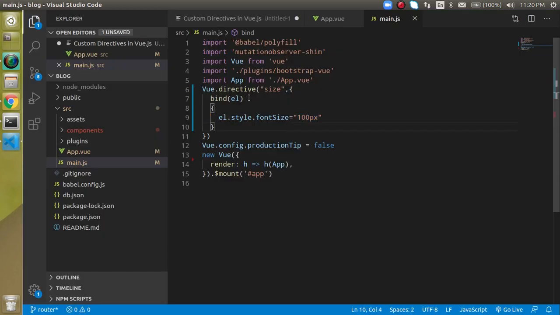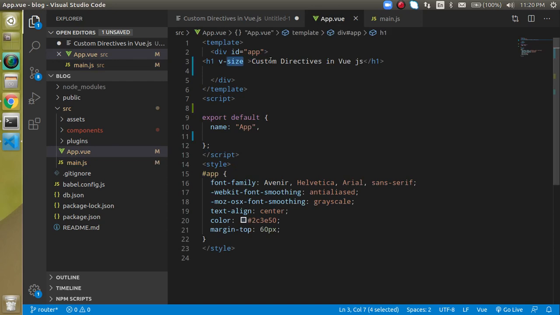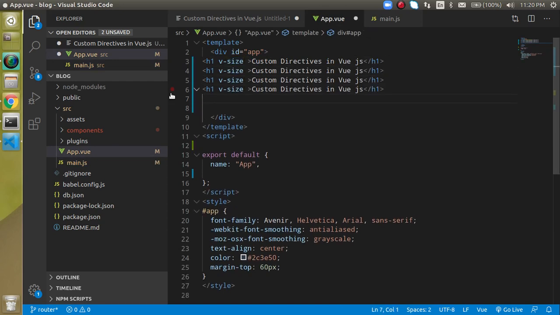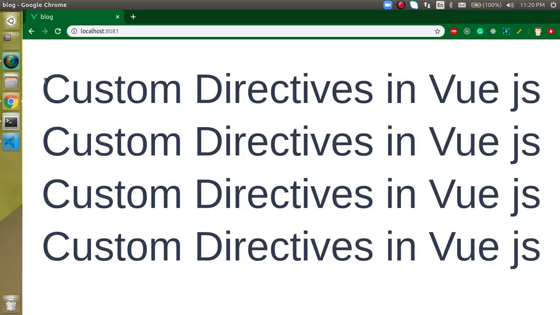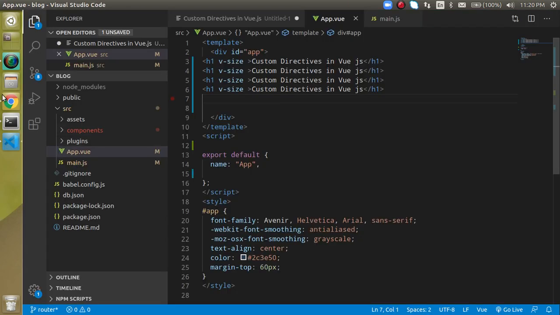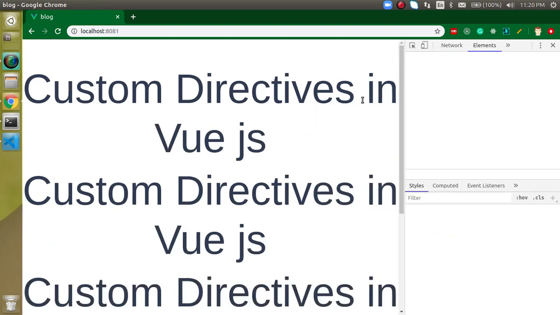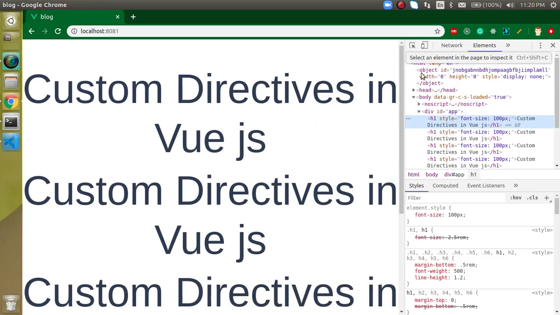All right, so this is the basic of a custom directive. If you want to make some copies or use it in any other component, you can simply use it like this. Everywhere the font size is applied. You can see that in the inspect element part also the size is 100 pixels for everyone.